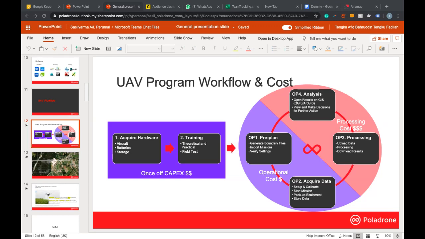Sasi? Yep. Someone asked about Centera cameras. What is the price range and the capabilities of this? Maybe you can talk more about single, double, quad cameras. So for the Centera multispectral cameras, there are a few. Because this is an introductory drone workshop, I'm not really going to go into details. But you can send your email here, and I will reply to you personally on all the details for the Centera and what kind of Centera sensors we have and what the uses are for it.